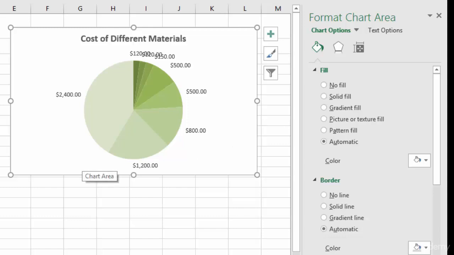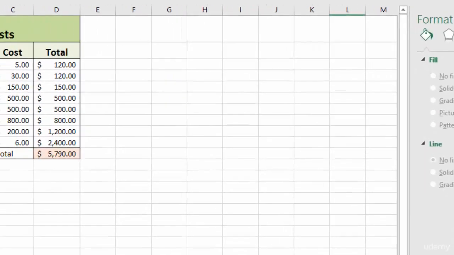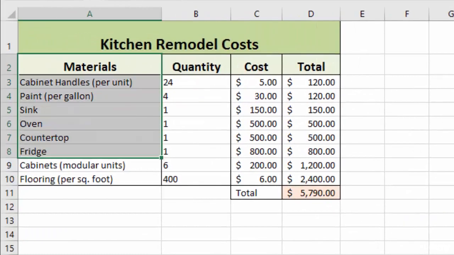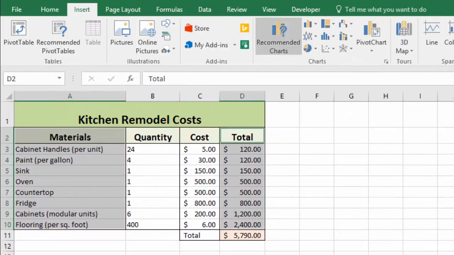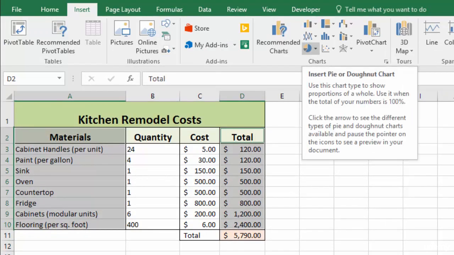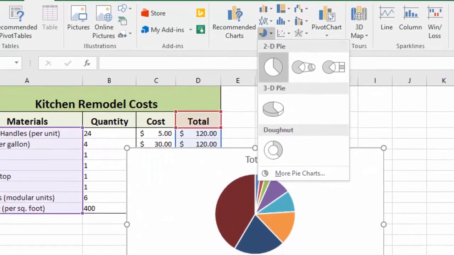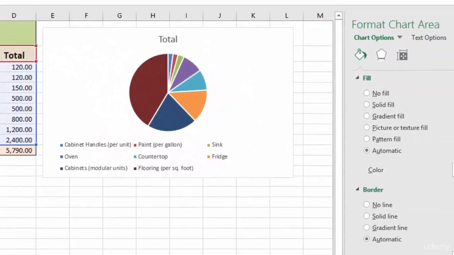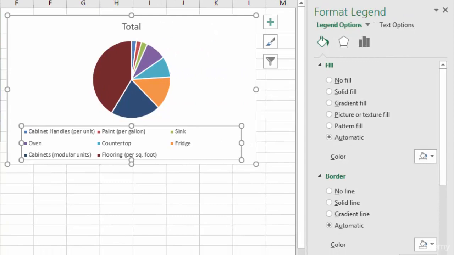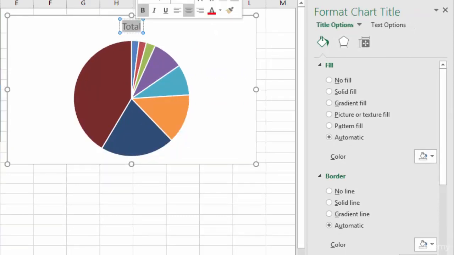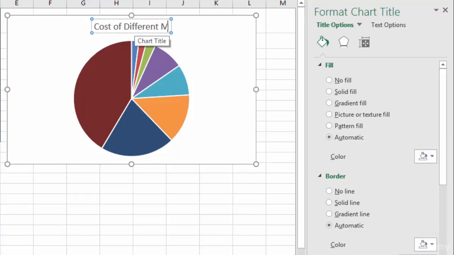Now let me show you how to create a pie chart from scratch. So I'm just going to click on this and delete it, and we'll go back and select our data and go to insert, and in this case we just want a pie chart, so we're going straight to pie chart, and we'll move this up here to make it easier to work with. We're going to get rid of our legend. We're going to rename this to cost of different materials,